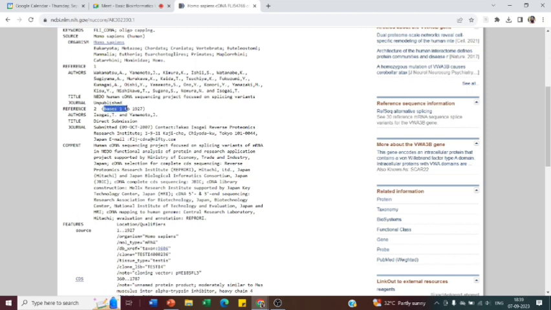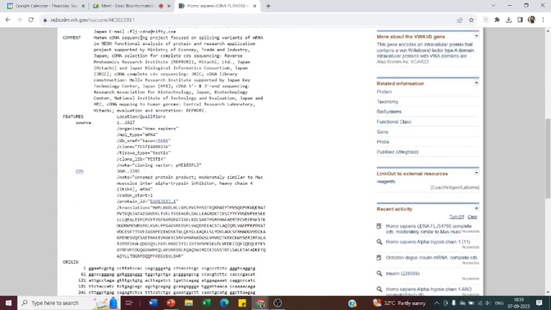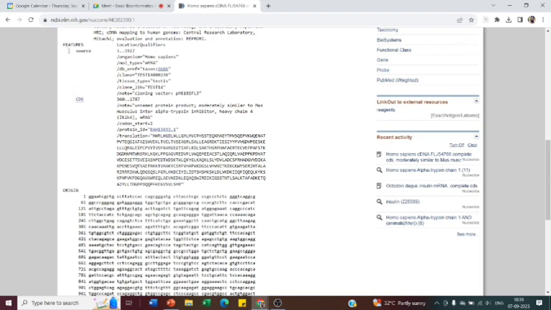The sequence is of 1 to 1927 bases, and the author's name is there, and title, direct submission, and the institution name, all these things. Comments, if we have submitted, will also come. Then the annotation part will come. That is Homo sapiens. mRNA is the one which we have submitted here, and the taxon, clone, tissue type,